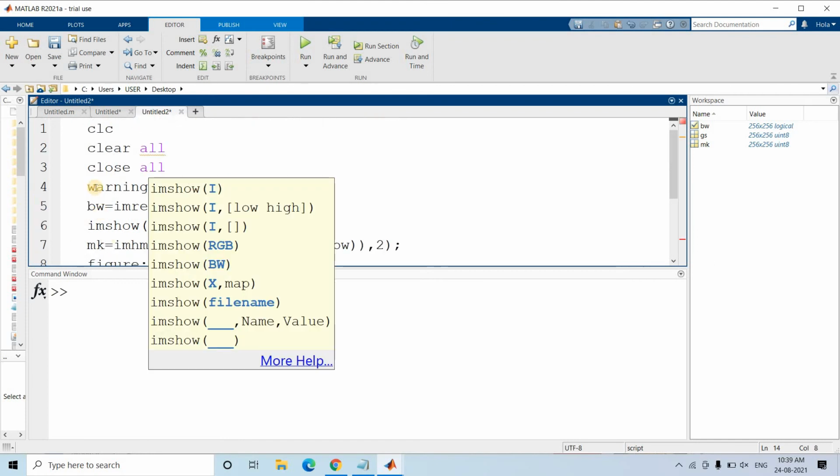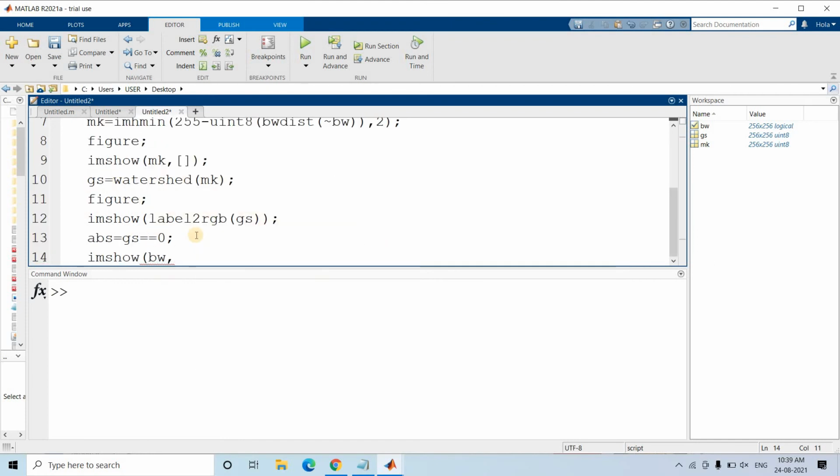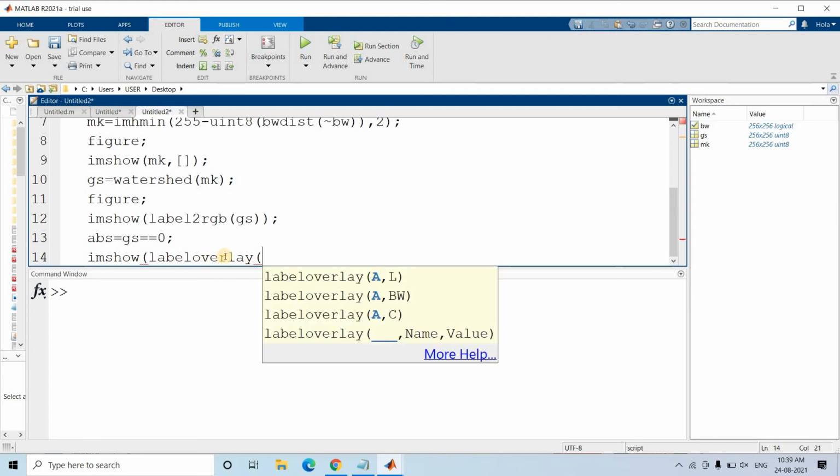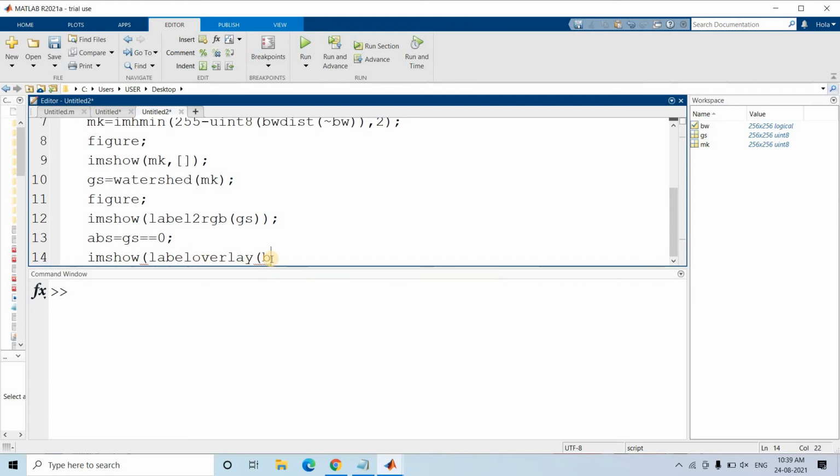My original image is stored in the BW variable. So basically we can overlap these ridge lines on top of our original binary image. Okay, so I can use labeloverlay, and here I can pass my original image BW and the ridge lines ABS, and then maybe we can give the color as yellow using colormap. Yellow means red channel 1, green channel 1, blue channel 0, right?